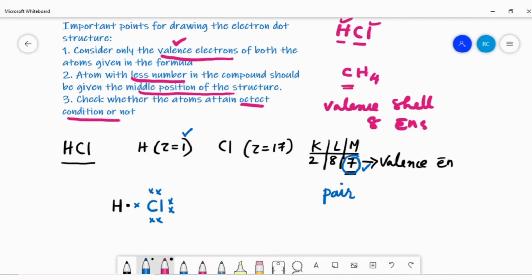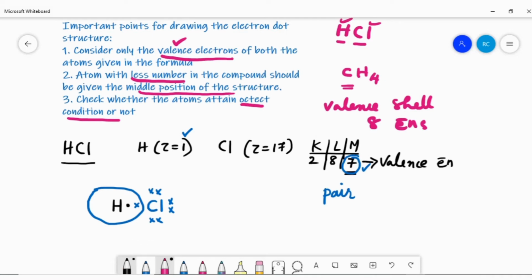After this you need to draw a circle, which represents the electron dot structure, and check whether the elements, after sharing the electrons, attain octet or not. But in the case of hydrogen there is no 8 electrons, because hydrogen has only 1 electron. So there is no need to complete the octet, because in the K shell you need to satisfy only 2 electrons. So for hydrogen, I'm drawing a circle like this. These are the completed electronic shell of the hydrogen atom.